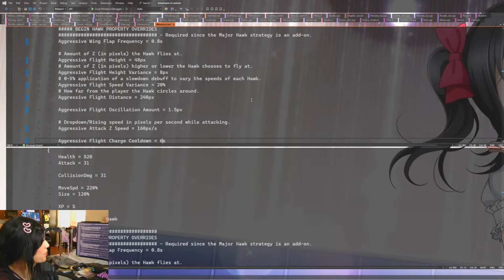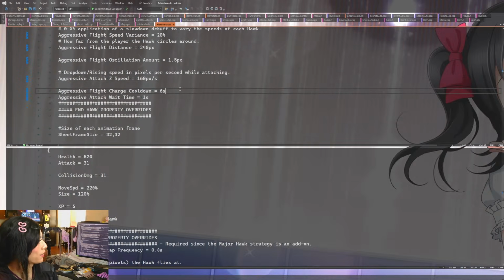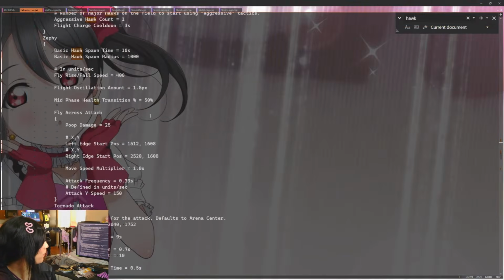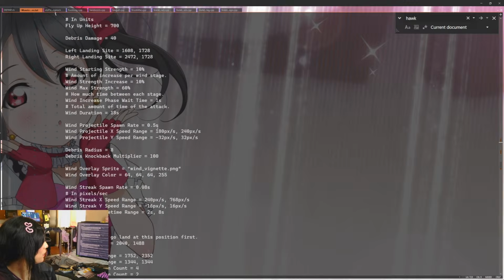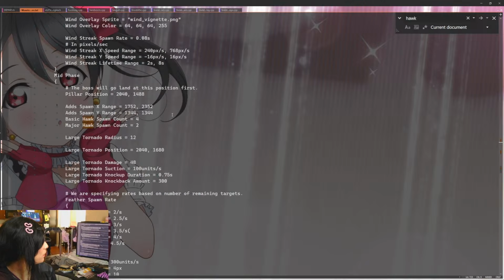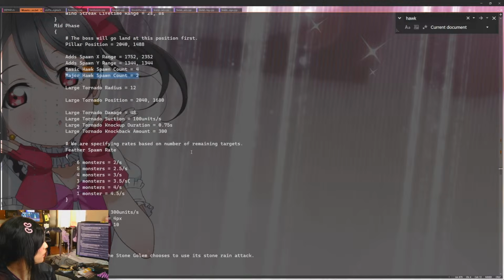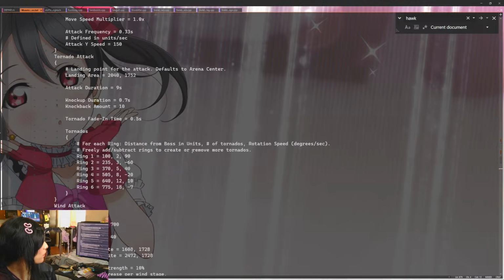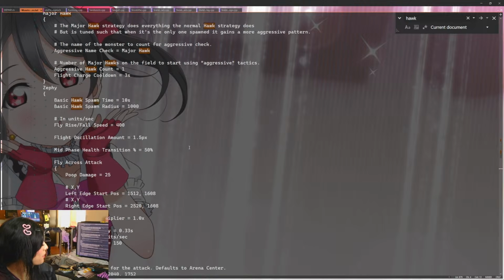I actually don't really see what the difference is either. I'm looking at this and I'm like, what is the difference? Like the flight charge cooldown? Yeah, I'm not understanding.